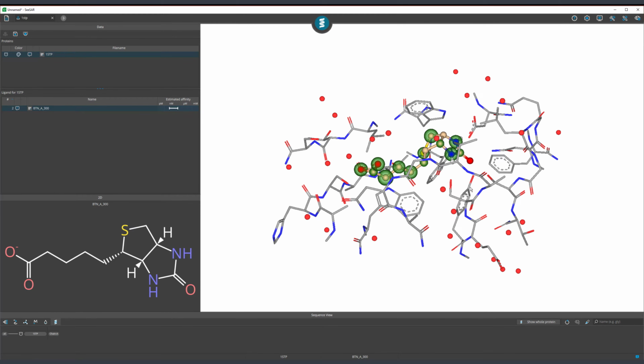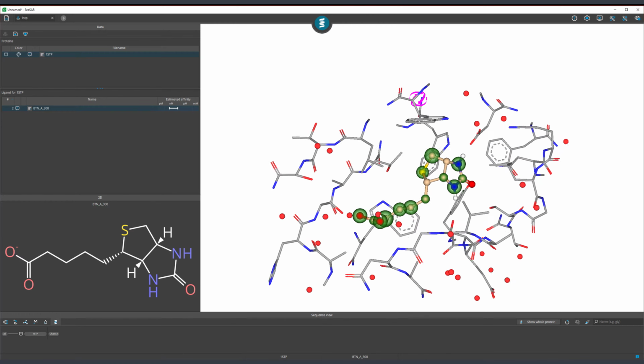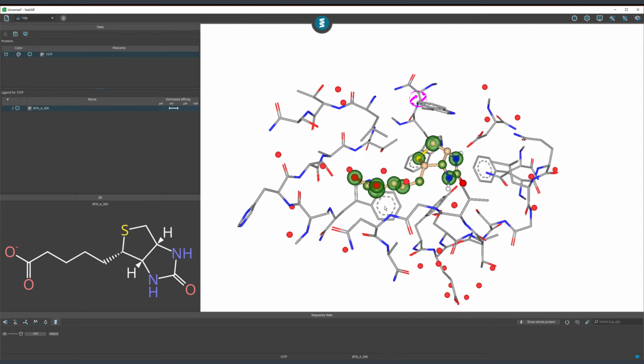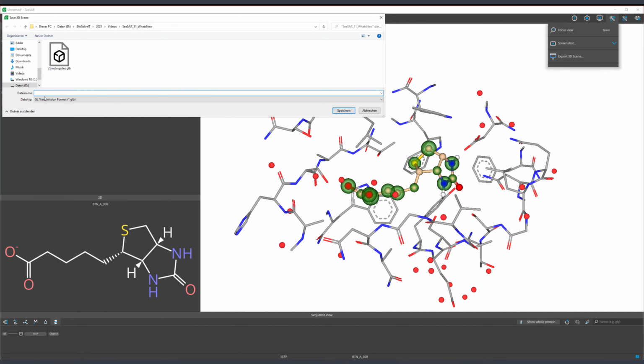So what we could do now is, instead of what we've usually done, if we want to take this representation to a presentation, we'd normally have gone over here to utilities and taken a screenshot, but instead now you can export a 3D scene, which then exports this data in this new file format called glTF, GL Transmission Format. And let me save this here as binding site